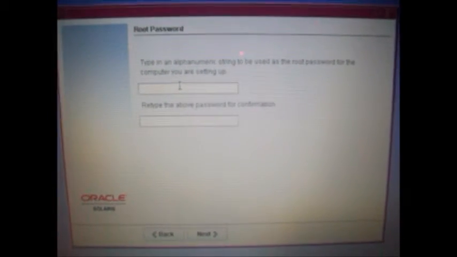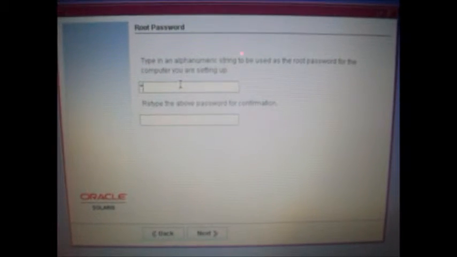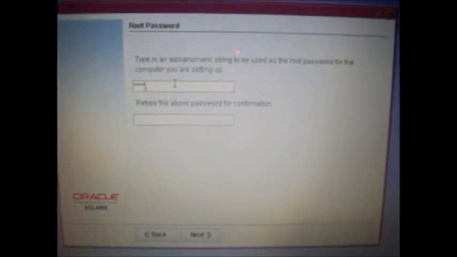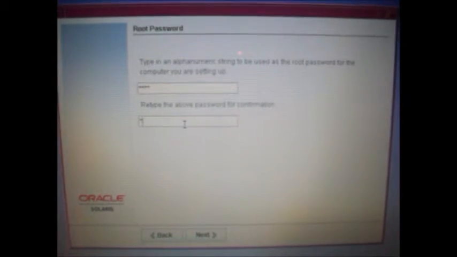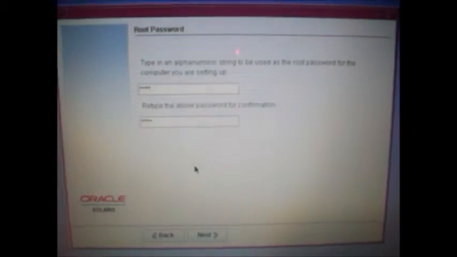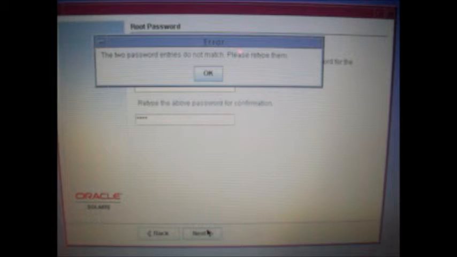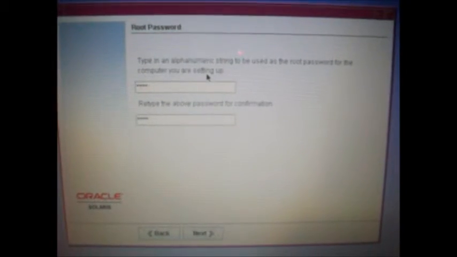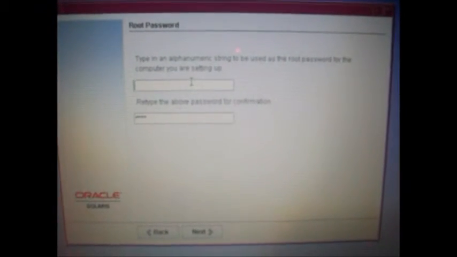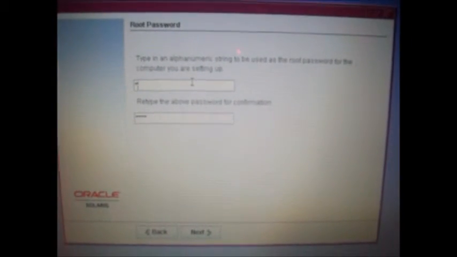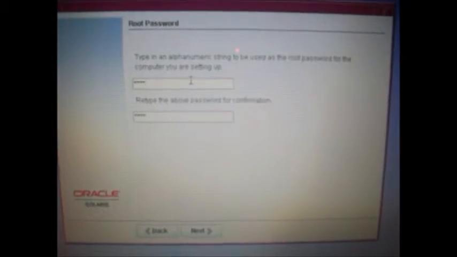And then type a password. Type the password, and after that click the next button. Oh, sorry, because the password is not long enough, I will try again.